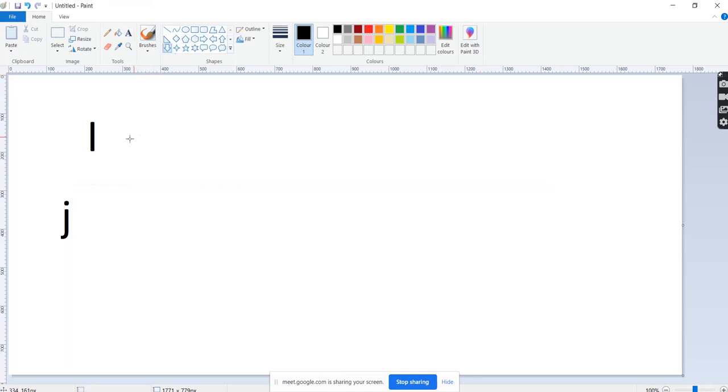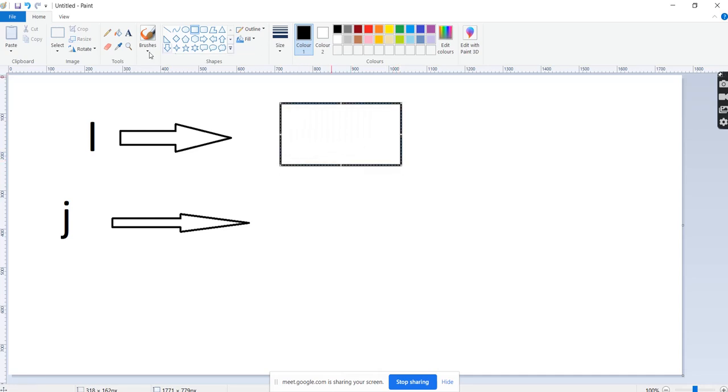Here the i value and j value are making a separate copy. Here i is passing as 10 and j is taking the value as 10.